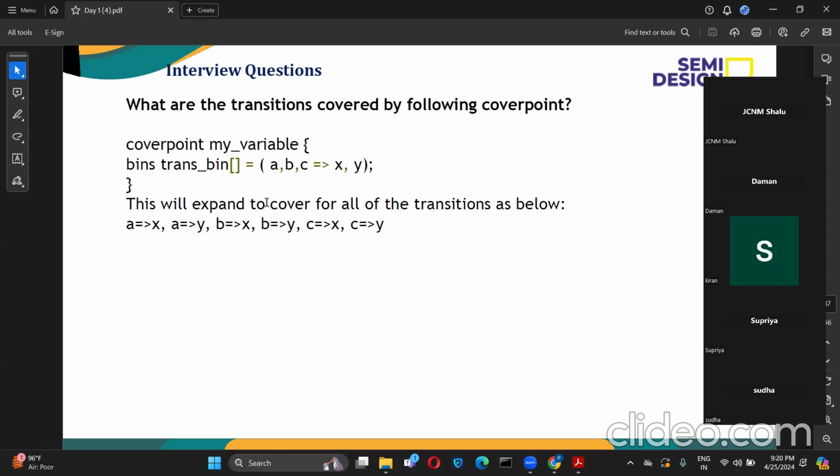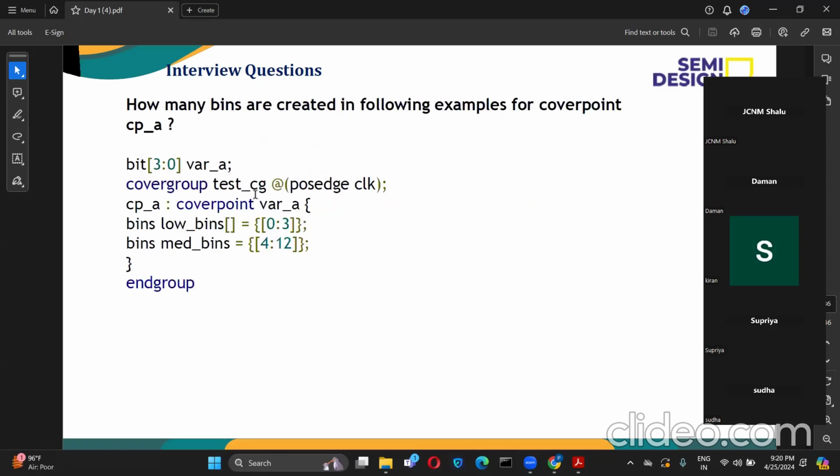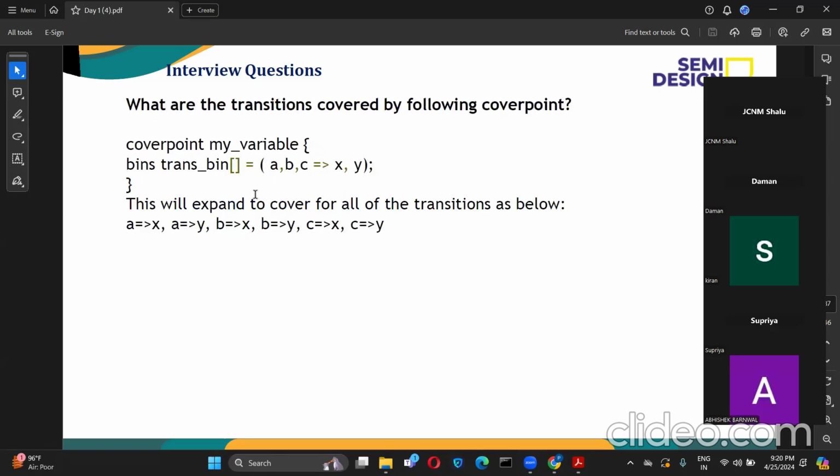6 bins. Okay, fine. And now these bins are explicit, right? Madam, I have one doubt. This symbol which is between A and X and A and Y, what does it exactly say? Is it pointing towards the next thing, or does it have any significant operation? No. Basically, we are trying to indicate it as a transition. Transition means, after changing from C, we should get X, like that.